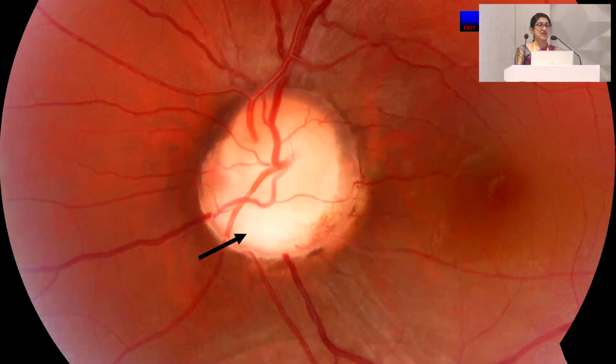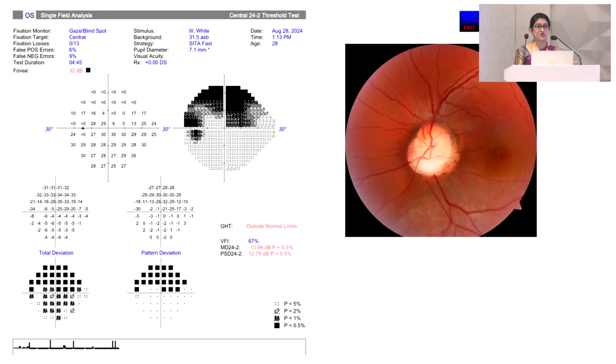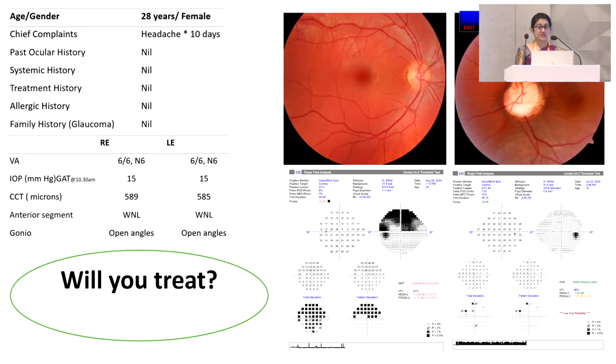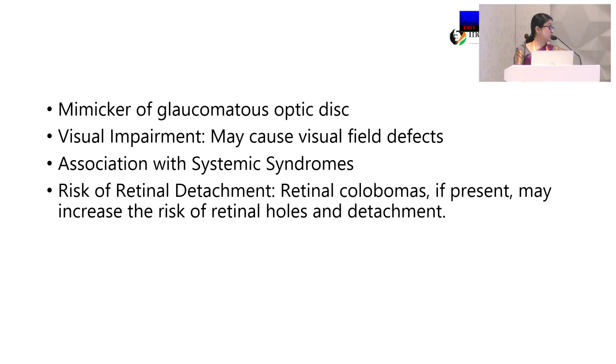Okay, next. Okay, let's have a closer picture of this disc picture. So if you see, the disc appears large, it's irregular, but when you see here, there's a clear, demarcated, deep excavation which is seen. Absence of neural and retinal tissue, and it is suggestive of a coloboma, which has produced the superior hemifield defect. On a dilated examination, we picked up retinal colobomas as well. So now, considering this, would you treat or not? Okay. So we should be aware of the mimickers of glaucomatous optic disc because